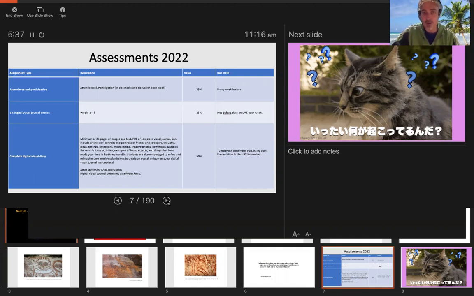And finally, the big presentation here is 50%, and this is your complete digital visual diary or journal. It's a minimum of 25 pages to submit as a PDF. It can be a combination of images and text, photographs, drawings. You can also add collage and some interesting things that you find. You can use some of the material from the weekly activities, but it's also very important to rework these, improve them, and to add some new material. So it's not just the same material from the weekly activities, but it should be a complete visual diary or journal,